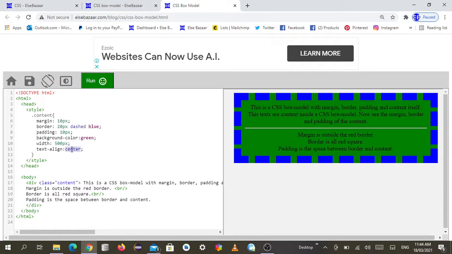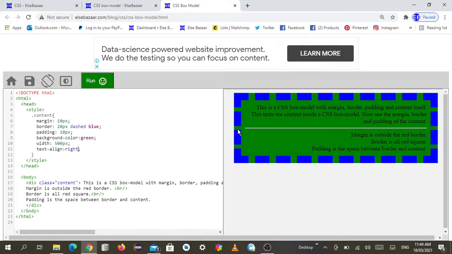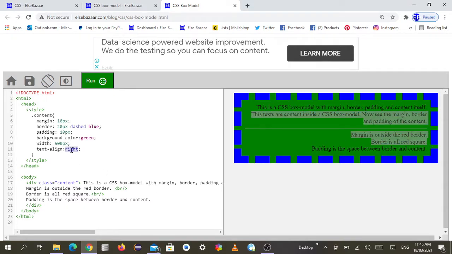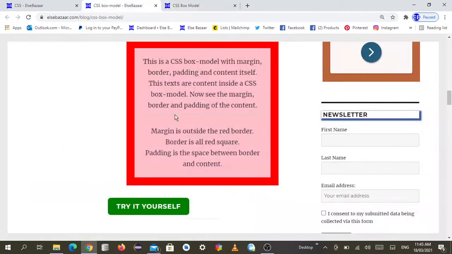Text align center, you can change into left. You can see all the text starts from the left, or if you put right, it will start from the right and end up the same distance from the right. So let's put it as center for now. This is the box model example